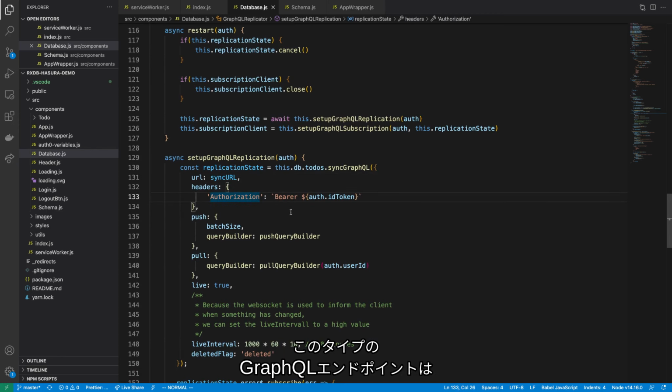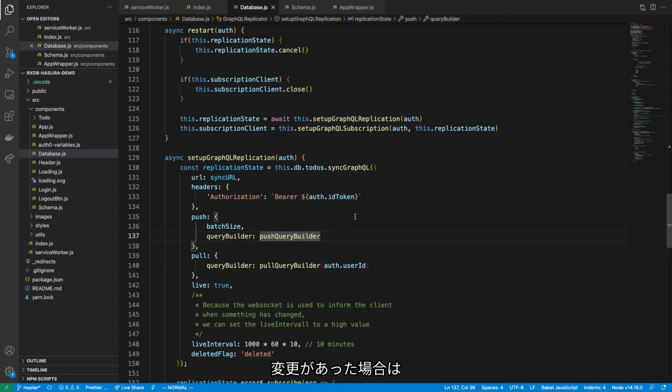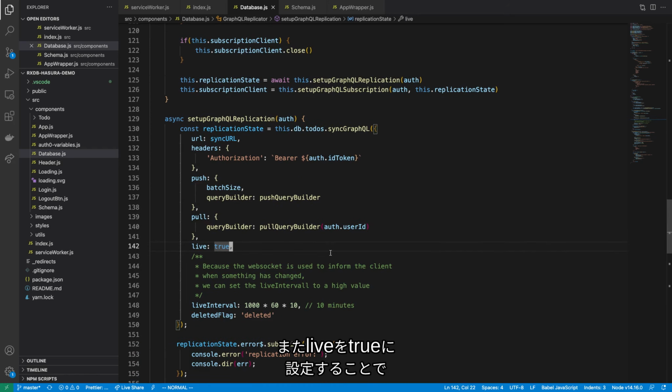And there are headers that we pass in for the GraphQL endpoint, because this particular endpoint is now secured with Auth0. So you need to send the auth token as well, right? And for the push and pull, we write the pull query builder and the push query builder to ensure that the right queries and mutations are being called whenever there is a change, right? And we've enabled live to be true, so that there is polling that happens in the background as a subscription, so that data is in sync pretty regularly, right? Otherwise, you need the user action on the front end to be able to trigger a live response,